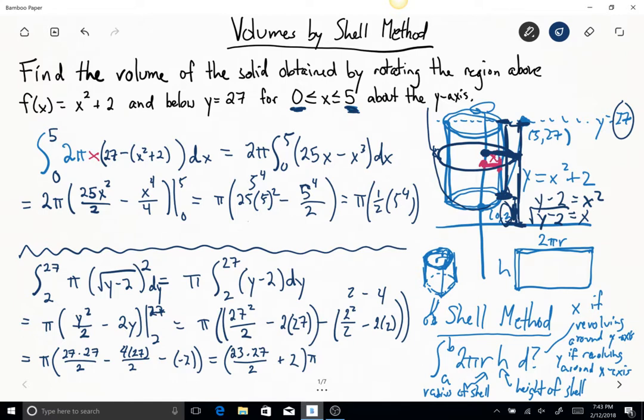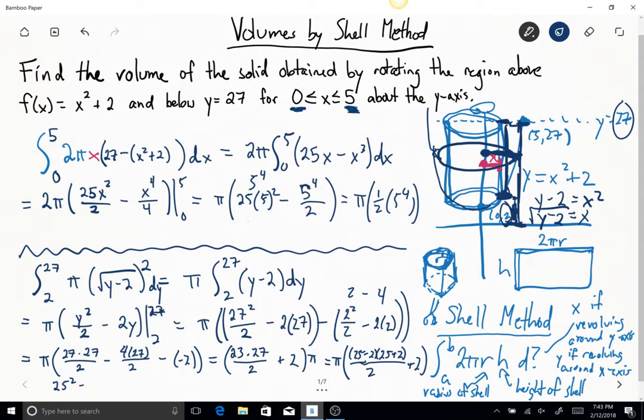Okay, now you might say that doesn't look anything like what we have up above. Well, let's see here. Maybe we can break that down a little further. 23 is 25 minus 2, and 27 is 25 plus 2, all over 2 plus 2, and then that's all multiplied by pi. That's a difference of squares. So what you have is this becomes 25 squared